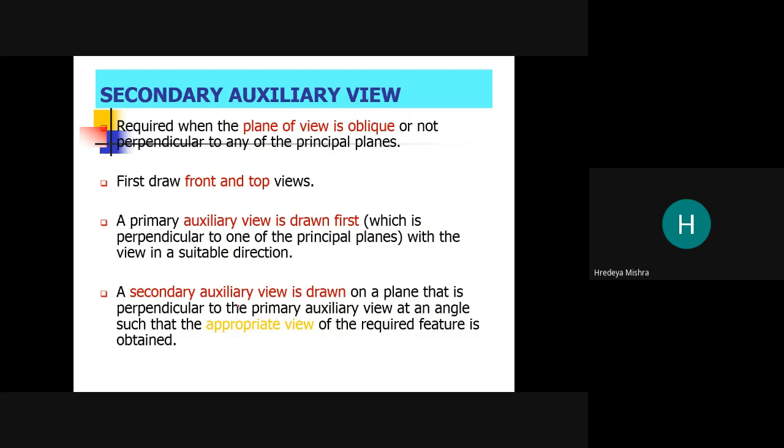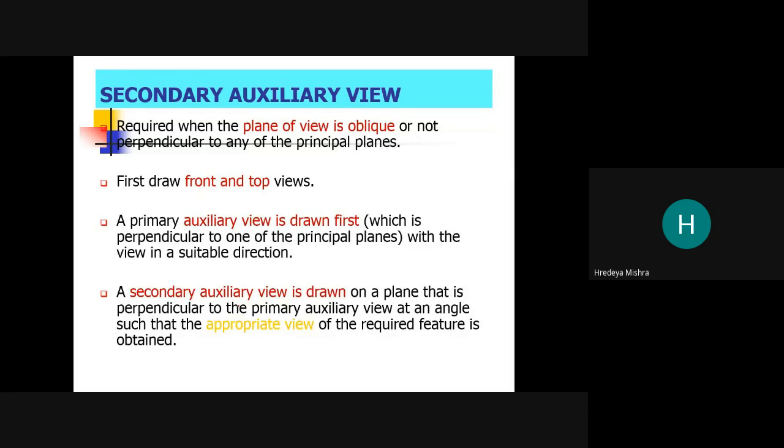A secondary auxiliary view is required when the plane of the view is oblique, or not perpendicular to any of the principal planes. First, draw the front and top view, and the primary auxiliary view is drawn first, which is perpendicular to one of the principal planes, with the view in a suitable direction.